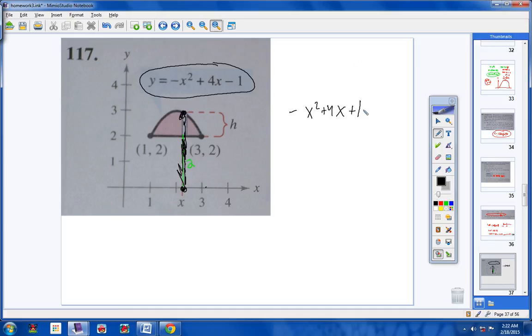So you subtract that out like this. Okay, and by the way, this positive 1 right here should be a negative 1, alright? So now I'm left with negative x squared plus 4x minus 3, okay? Now that would be the length of